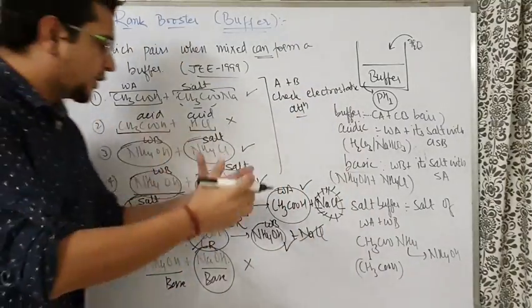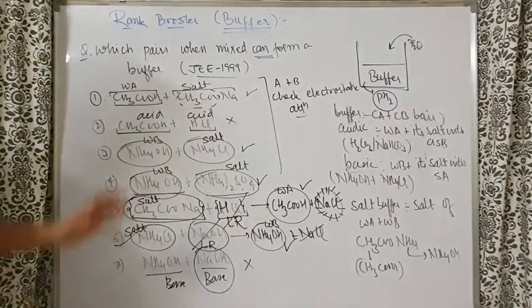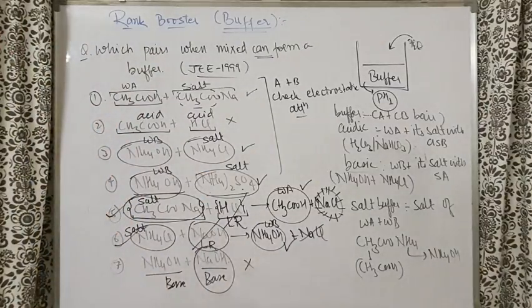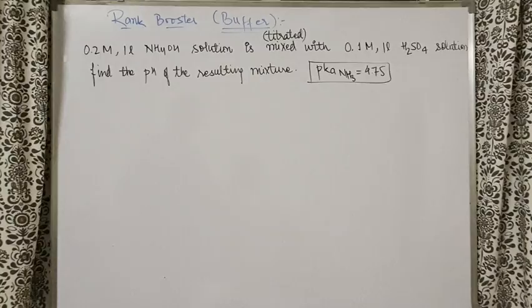And after the reaction, check if there is a possibility of getting a buffer or not. So this is about the identification of buffer. Now I'll just remove it from the board and immediately I'll take you to one example, numerical part, so that a good feeling will come with this 5 and 6 and you'll be able to understand the whole concept of buffer more clearly. Let us carry on.